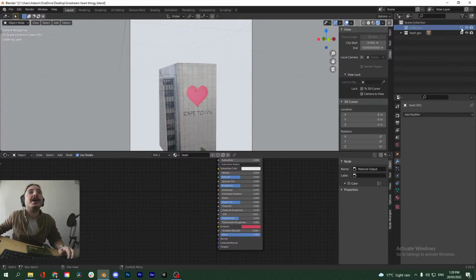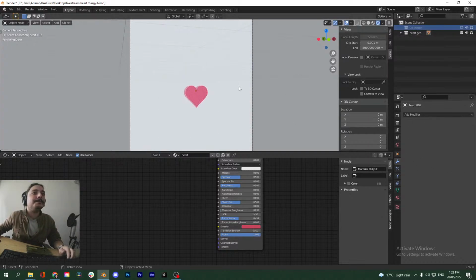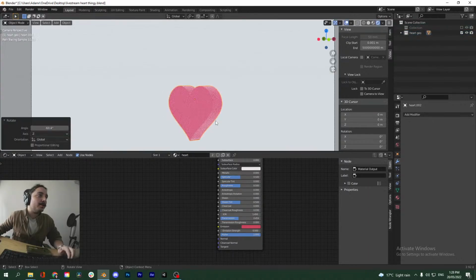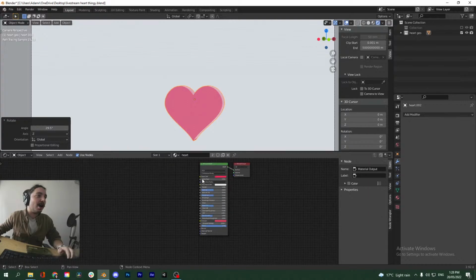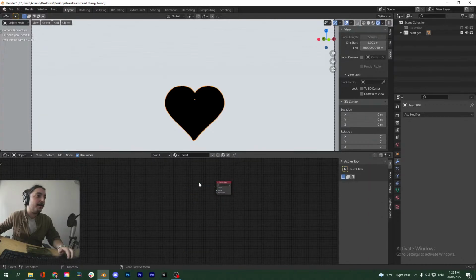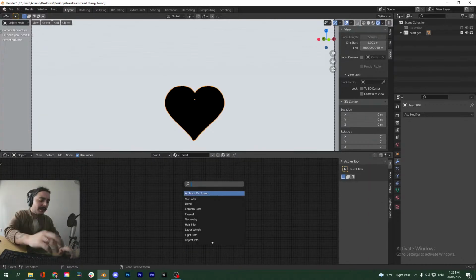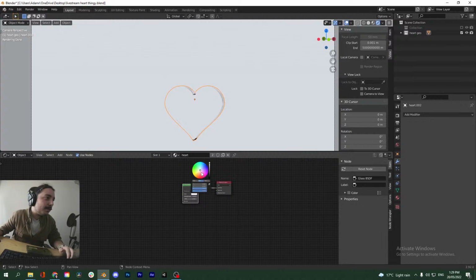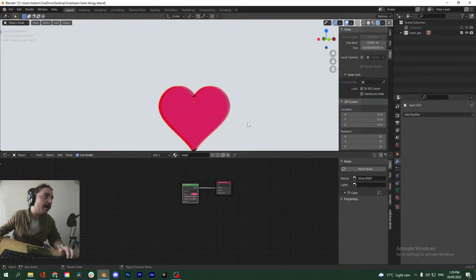So okay, we can just hide this thingy thing, and now we just have the heart icon. So let's make this more of like a glass material, you know, just for fun, and we can make it like a little emoji looking thing. So we can add a new glass BSDF, plug that to the surface. Let's make it like a red color, and now you can see it's got this transparency.